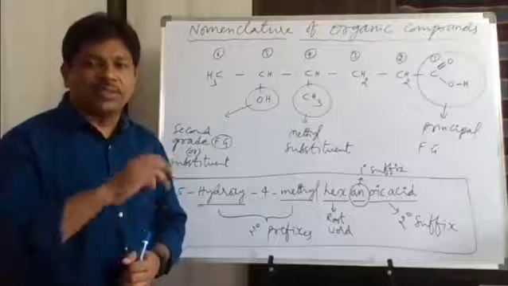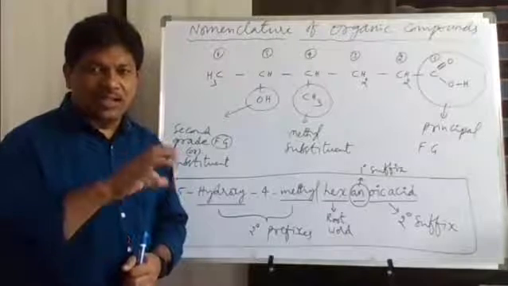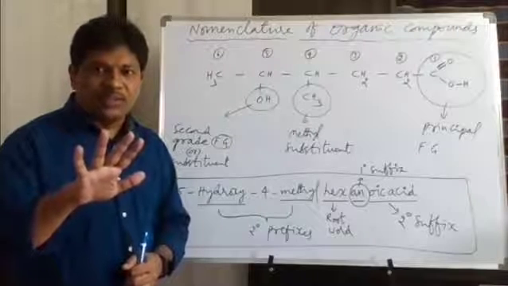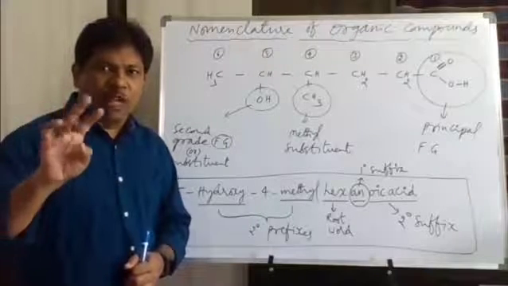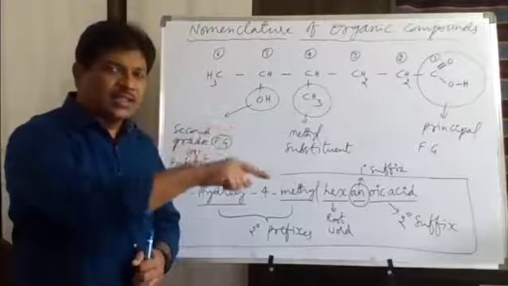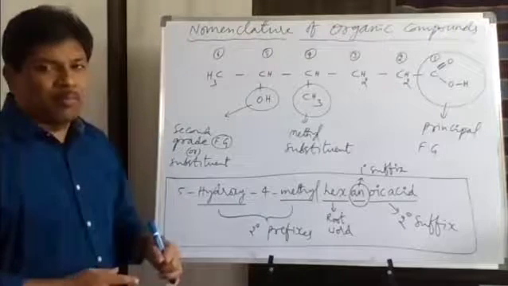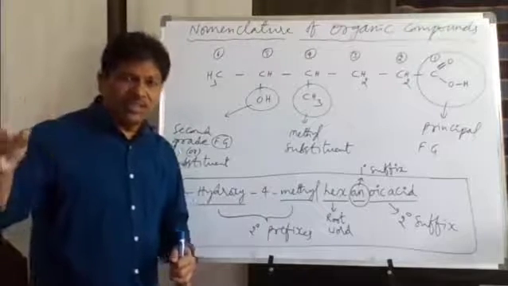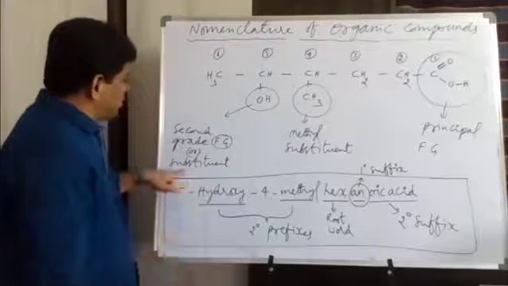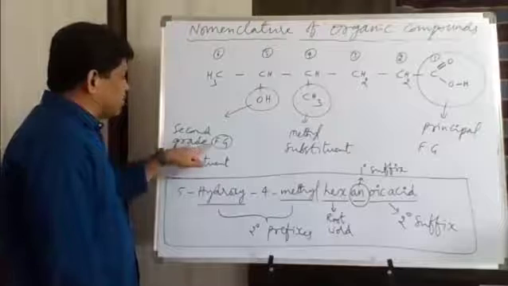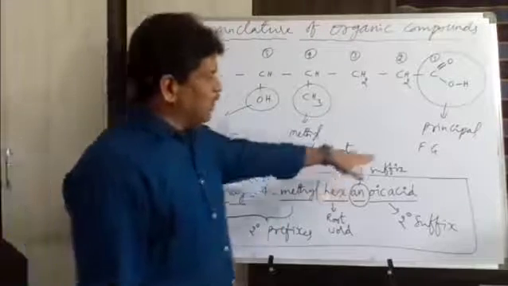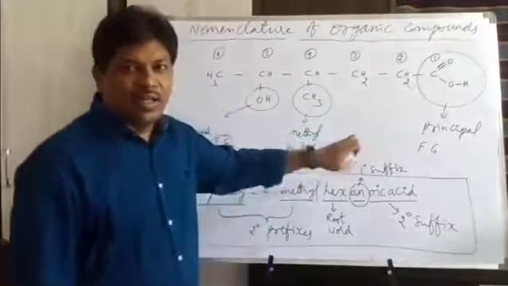The suffix is also of two types: primary suffix and secondary suffix. Now how many parts of the IUPAC name do we have? Five parts. What are the five parts? Secondary prefix, primary prefix, root word, then primary suffix, and lastly secondary suffix. So the IUPAC name will start from the secondary prefix and end with the secondary suffix. What I am telling you is that the substituent name or second grade functional group name is given by the secondary prefix, and the principal functional group name is given by the secondary suffix.